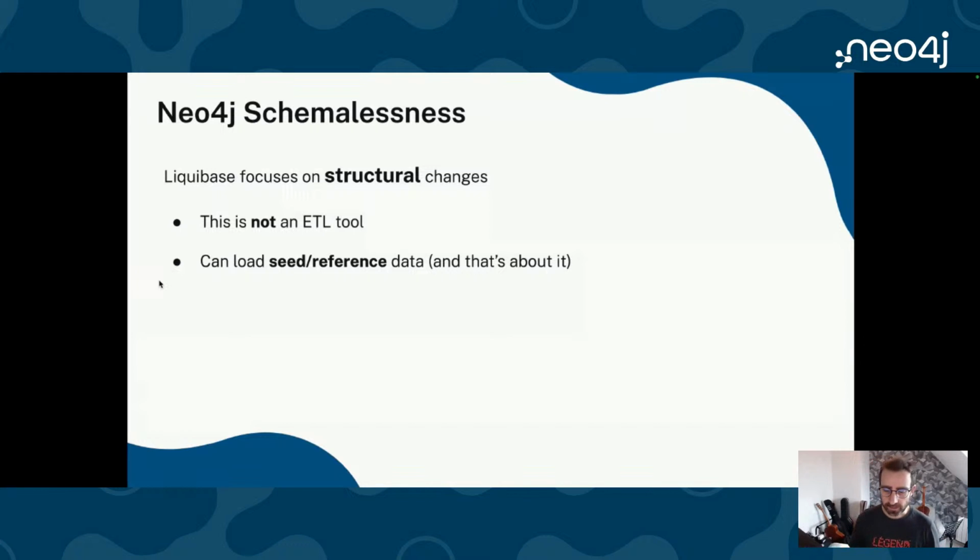This is not, as Nathan told me once, and it kind of resonated with me, like Liquibase is not an ETL tool. It's not about importing data from one place to your database. That's not what it is about. That doesn't mean that it cannot do it. It can actually load data, and we will do it in the workshop when that data is needed for downstream